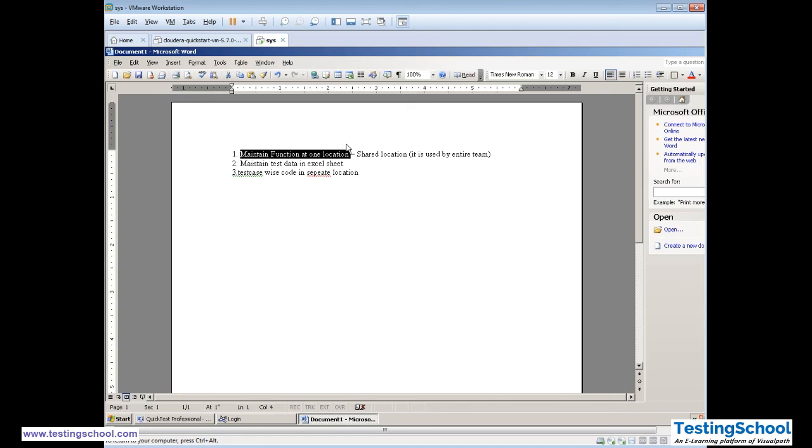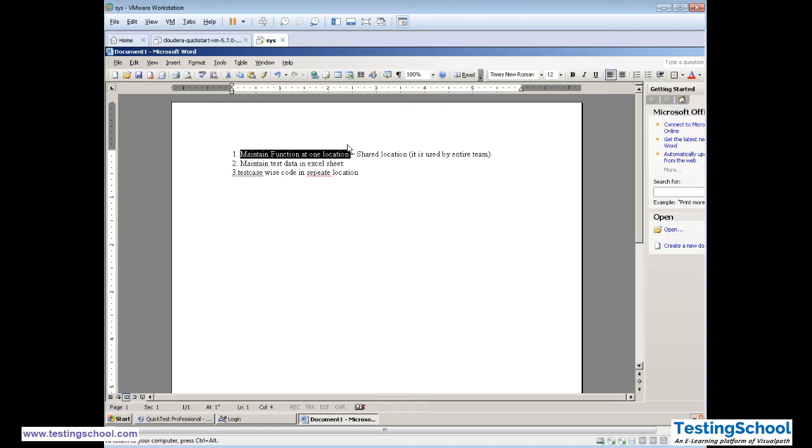Never give any hard-coded value in the test case. Otherwise, that particular value will keep on running every time, and you will not be able to modify it. And third is test case wise code in a separate location. Generally the test case wise location will be kept in your test management tool. For our case it can be HP ALM or HP QC, but there are other tools which support this activity.